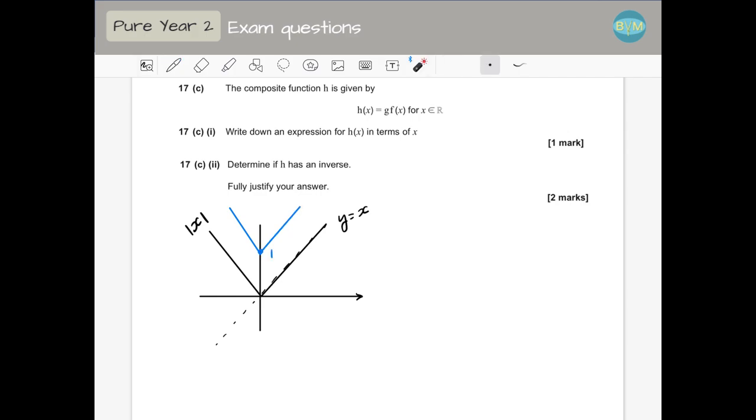The range is the output. So for any value of x, the y is going to go from 1 all the way to infinity. So I'm going to have values of output from 1, including 1, all the way to infinity. So my range